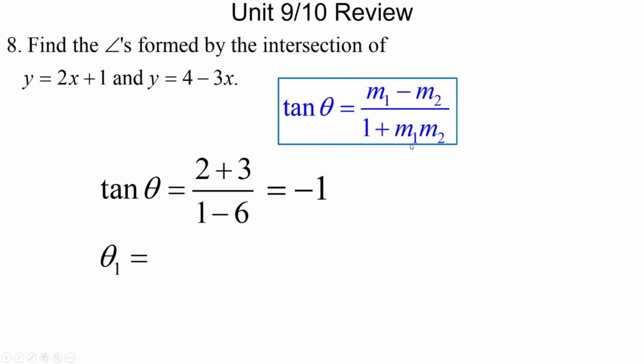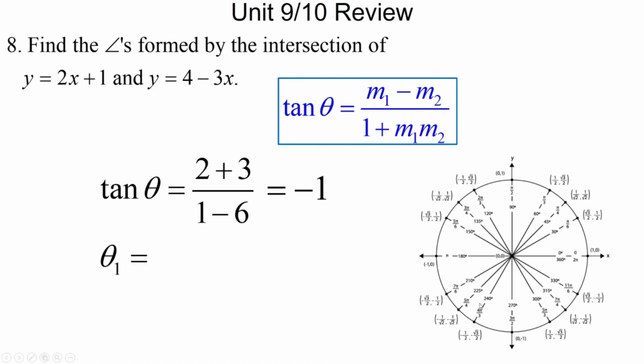All right, you're going to go then. Now, if you do this on your calculator, you'd get rid of the tangent with an inverse tangent, and your calculator is going to give you a negative answer. All right. Now, if you don't use the calculator, you don't have to worry about that. But what I see, tangent has an output of -1 in quadrant 4 with this angle right there. And your calculator would give you that -45 degrees right there. All right. Which the intersection of these two lines is not going to give me a negative angle. So I need to know in what other